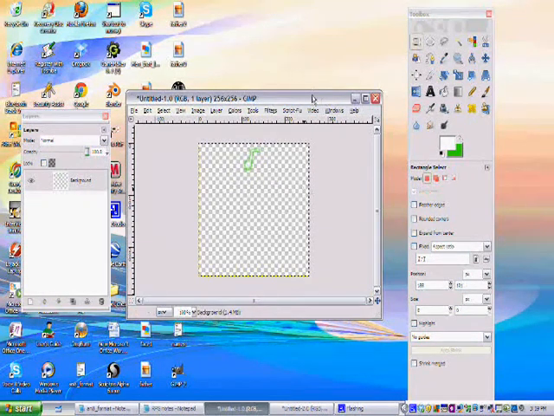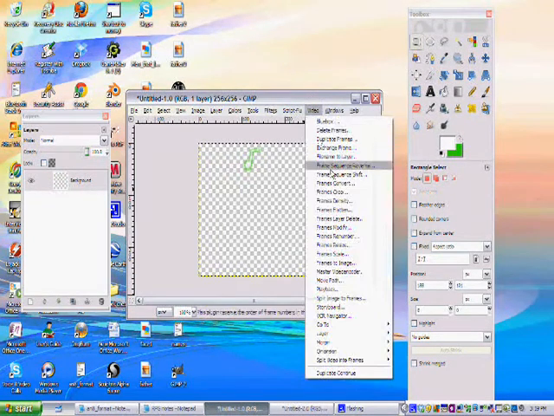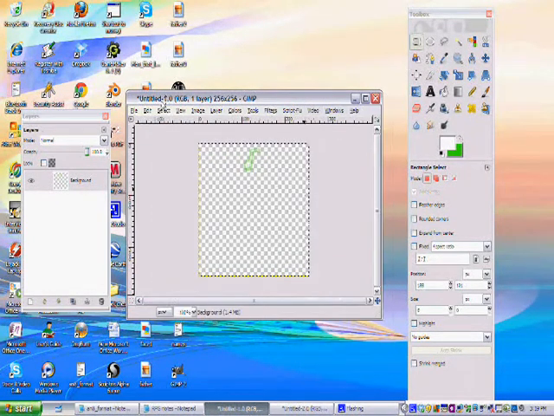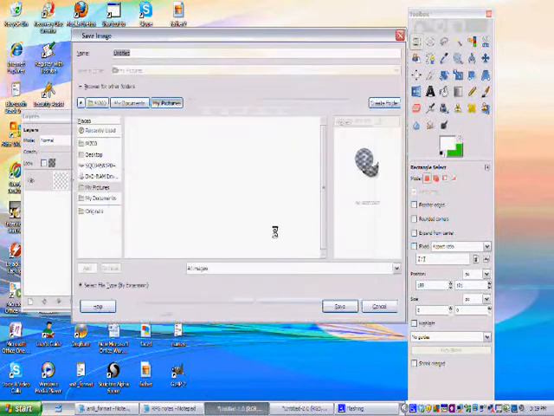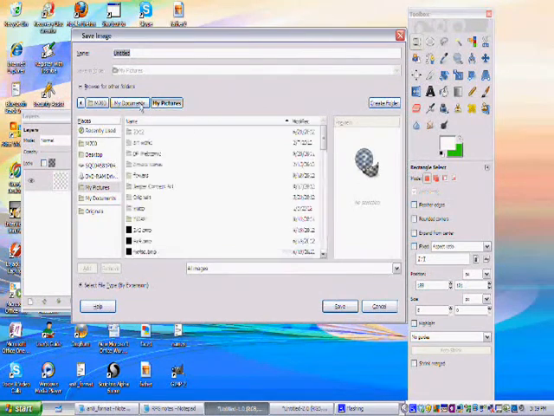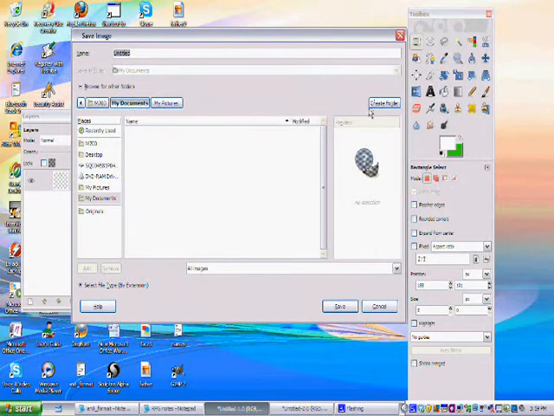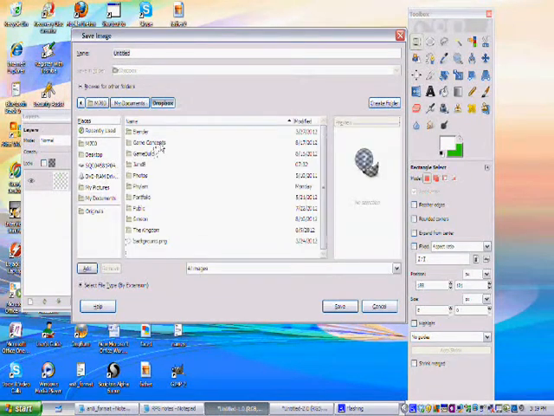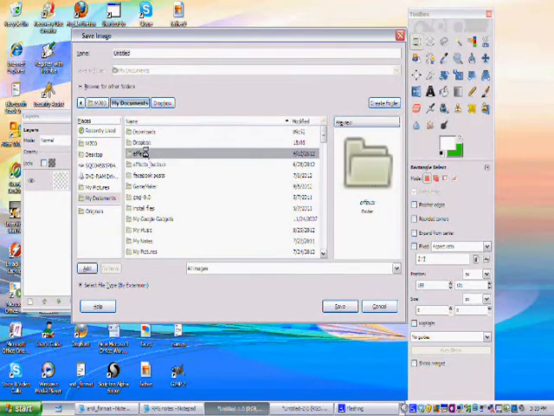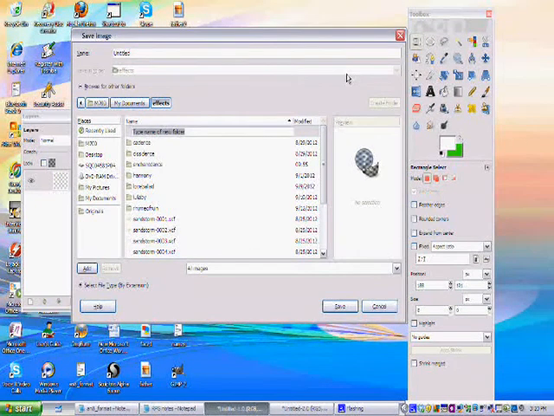Now what I'm going to do is go to Video. Oh wait, I need to save this a special way, because this is the first frame in the image. Hit Save As. I have an effects folder under my documents, so I'll just go to my documents, Effects. Create folder, and I will call this Song of Serenity,